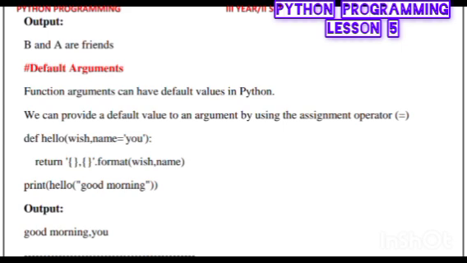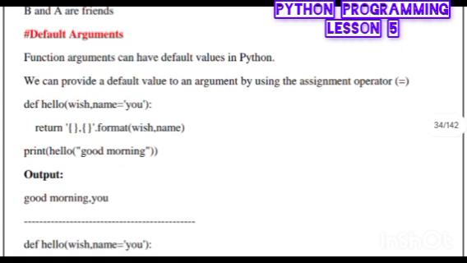Definition: hello(wish, name="you"): return "{}, {}".format(wish, name). Here is the format: return, brackets, dot format, wish comma name. Next, print hello("good morning"). For this one, the output is,